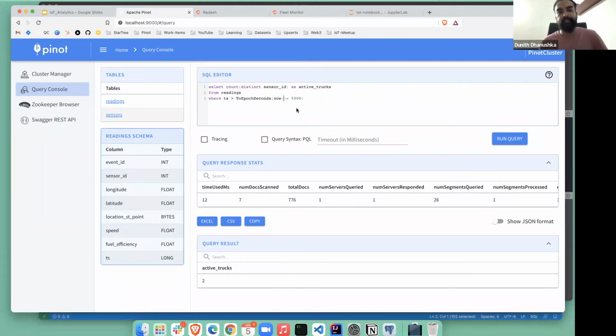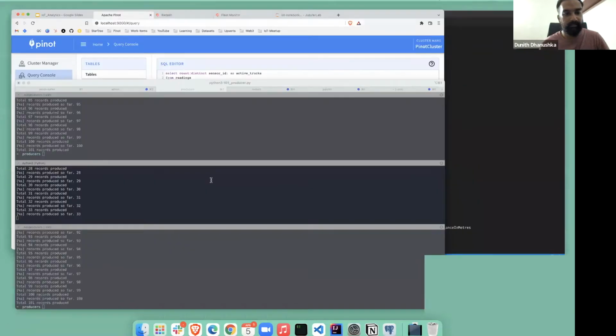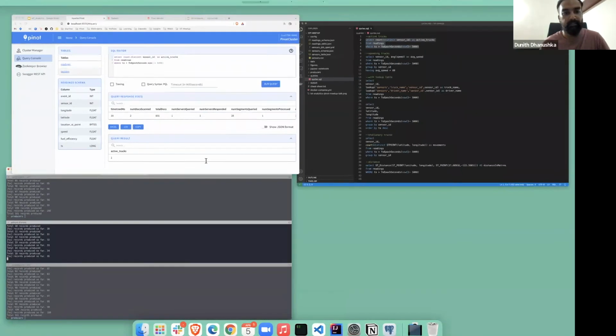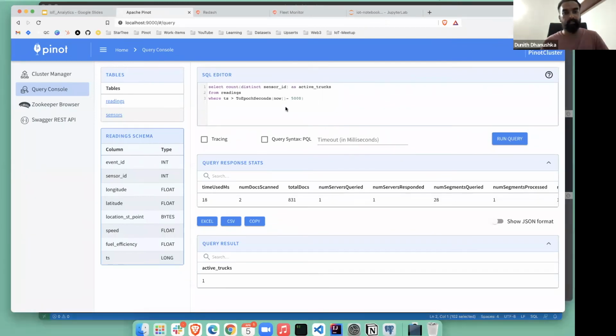Since I want the last 5 seconds, I'm subtracting 5,000 and then converting it to epoch seconds because the timestamp is in epoch seconds. That's how you get the active count. I think the second publisher is finished. The first publisher has finished too. That's why you see only one active truck at the moment.